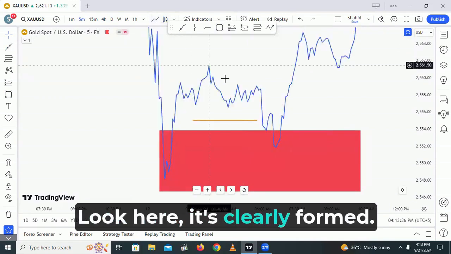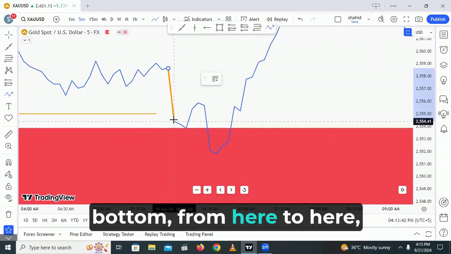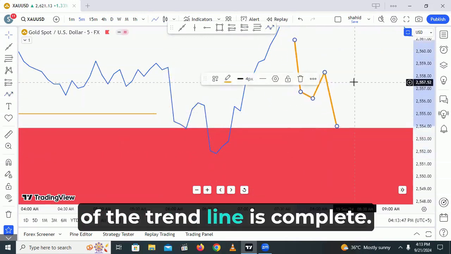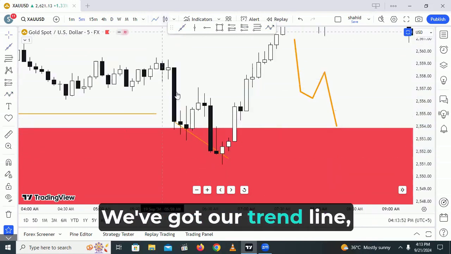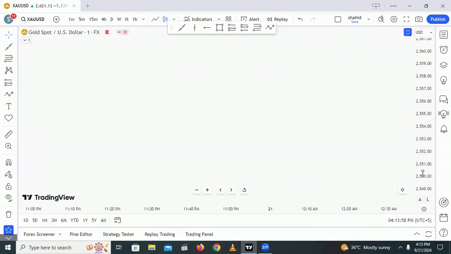Look here, it's clearly formed. This one is better. See here, the market fell from top to bottom, from here to here, and then our role of the trend line is complete. So now we'll draw the trend line from here to here. So we've got our trend line, and if we want to trade the market further with the wick in 1 minute,